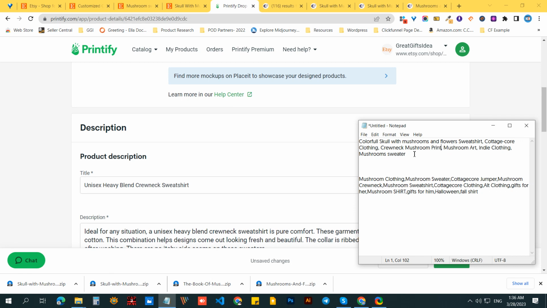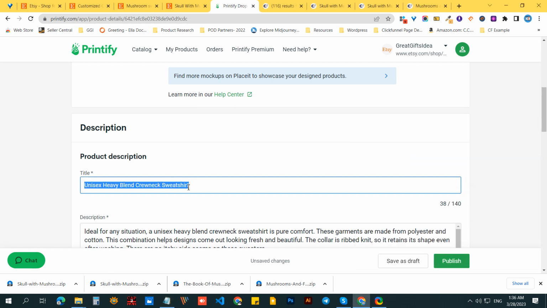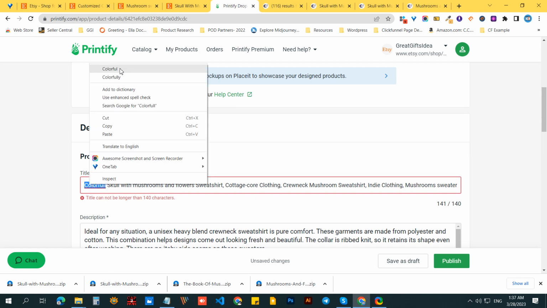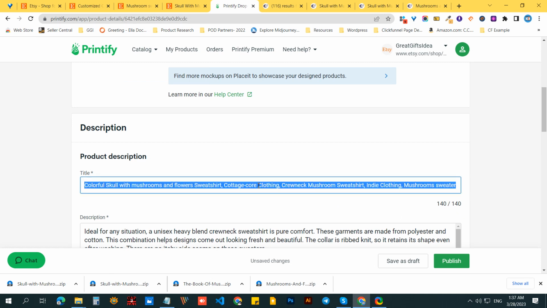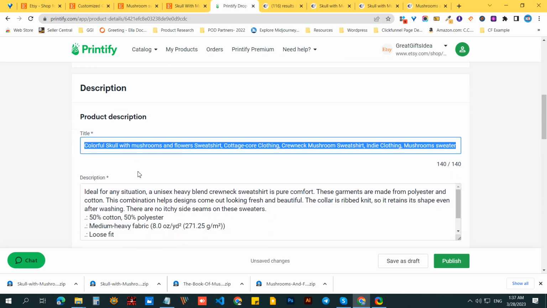And on Etsy you can't exceed 140 characters on the title. So let's see what it shows. So I can see if I exceed it. Oh yeah, I exceeded already, it's 150. So I have to make it shorter. So I will remove the mushroom art and tunic, mushroom sweatshirt. Oops. Perfect. So yeah, this is 140,